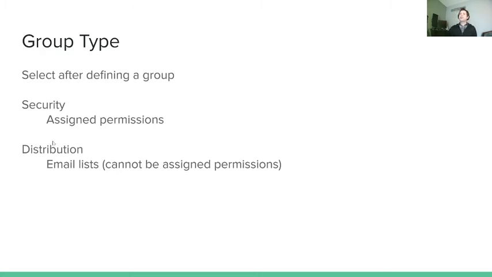So if I create an employees group, for instance, and I make it a distribution list, I can send a message to all of those people, basically like a bulk email type of thing. If it's a distribution list, you're not assigning permissions. So if I created the employees group, I can't say you all have access to the shared drive. I would need a security group for that. So kind of just a slight distinction of the purpose of the group.